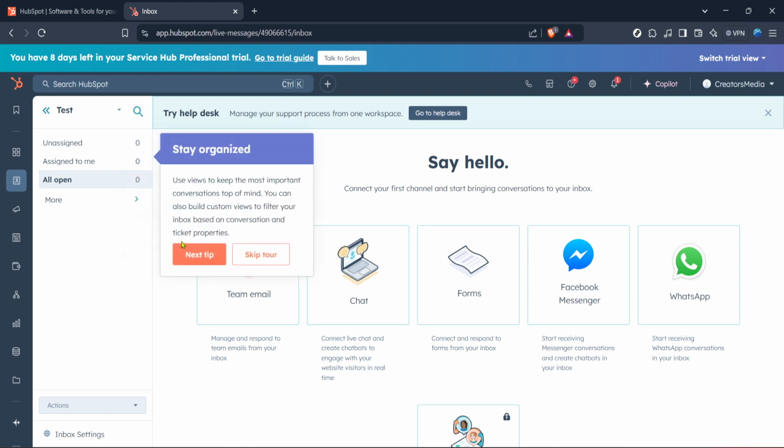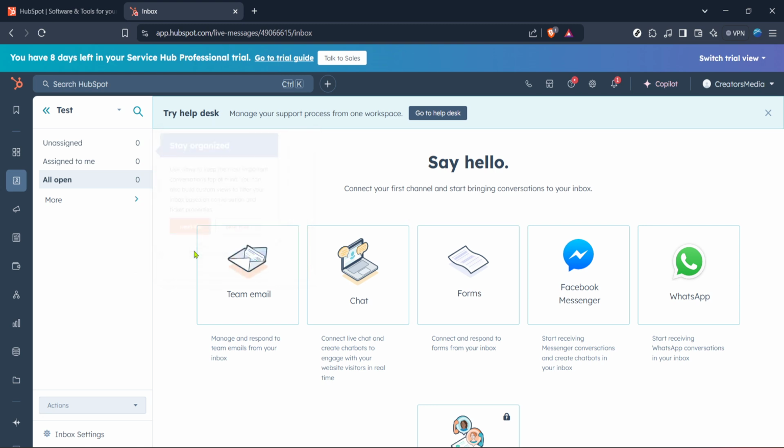And that's it, you've successfully set up a new Conversations inbox on HubSpot. Having this inbox lets you manage all your incoming messages from different channels in one centralized location, enhancing your organization and efficiency in handling customer communications. Feel free to revisit these steps anytime you need to create additional inboxes or wish to walk through the process again. With HubSpot's intuitive platform, managing your communications has never been easier.